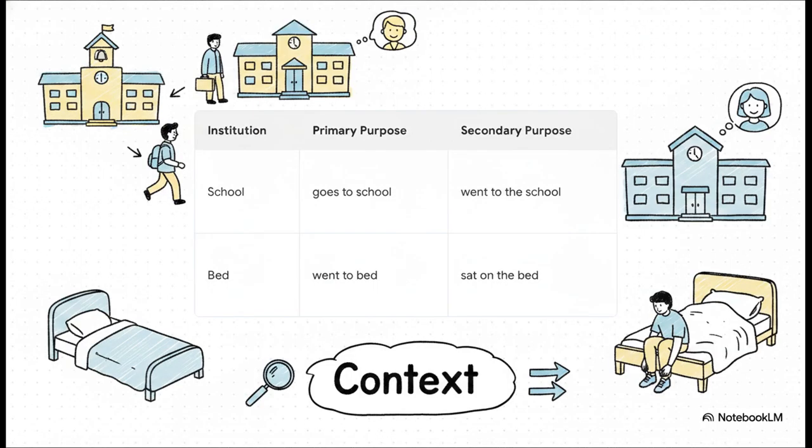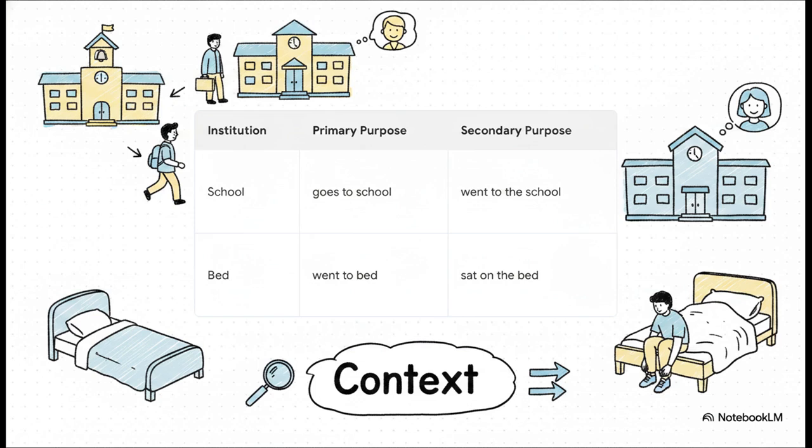If you're interacting with a place for its primary intended purpose, you use the zero article. For instance, Sarah goes to school means she is actively there to learn. He went to bed means he went to sleep. But if you're just visiting the physical structure for a secondary purpose, you must